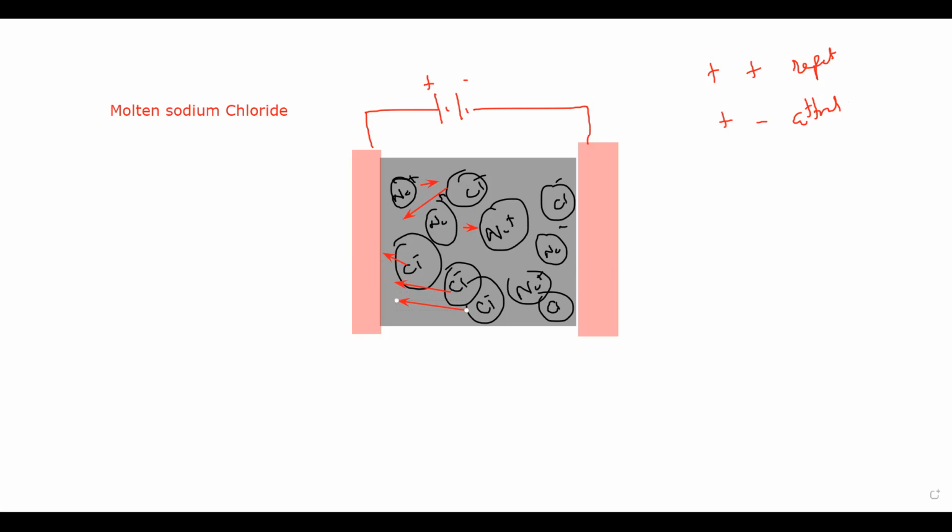And the negative terminal, because unlike charges attract, so positive and negative will attract. So sodiums are attracted and chloride ions are repelled, pushed back. So that creates a distribution of the ions. Initially they are mixed together, but when you pass the current, they separate from each other. As they separate, the ions will turn into atoms and molecules during electrolysis. Is it clear? The concept of electrolysis.